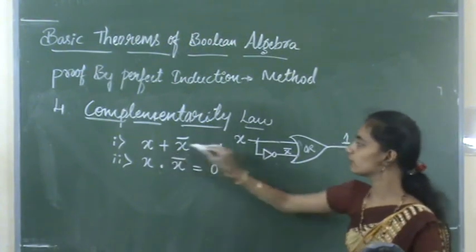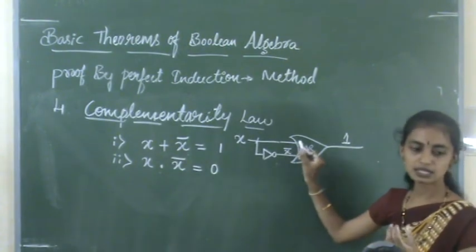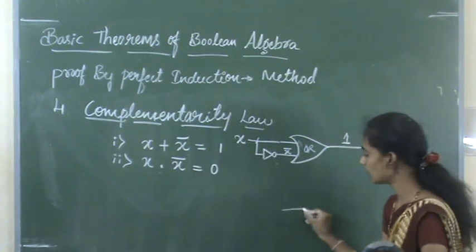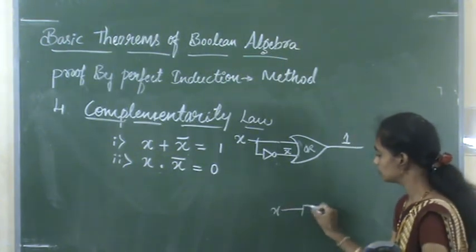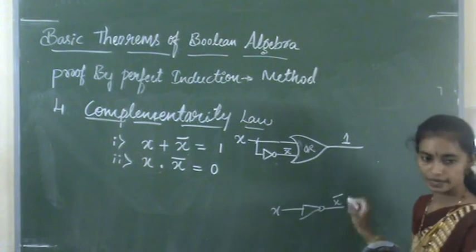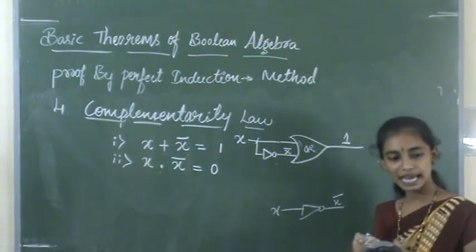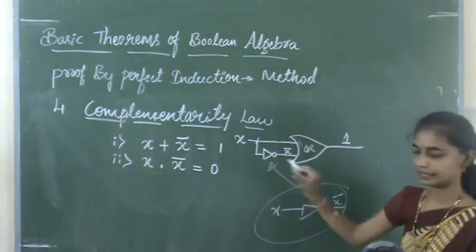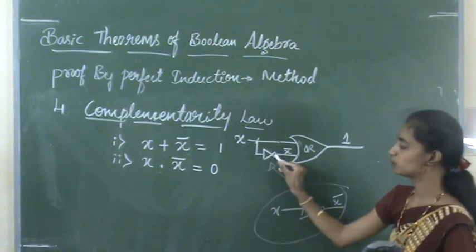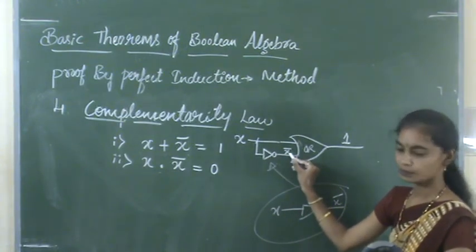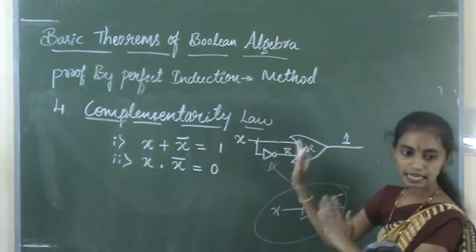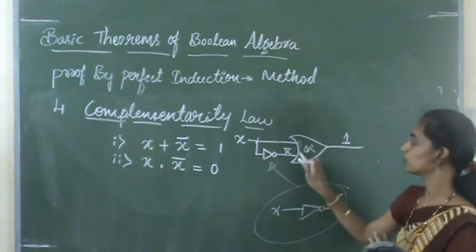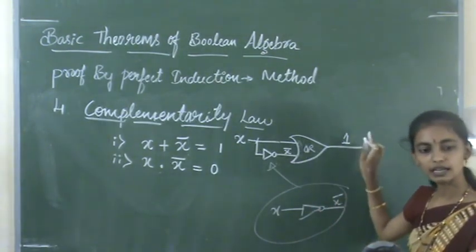Okay. So I can provide x directly, because we can provide the x value. If I want to provide x bar, we have to perform this operation, so that I added here. So I am taking x as an input and then complementing that x, so that at a time, simultaneously, I am providing the x value and the x bar value. So it will perform the OR operation and provide the result.